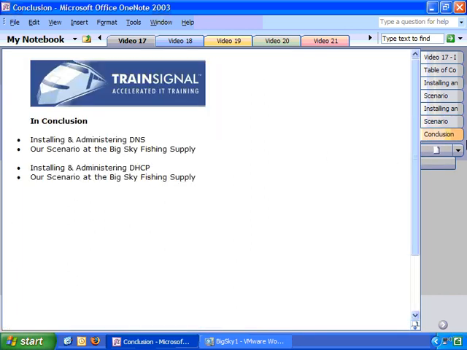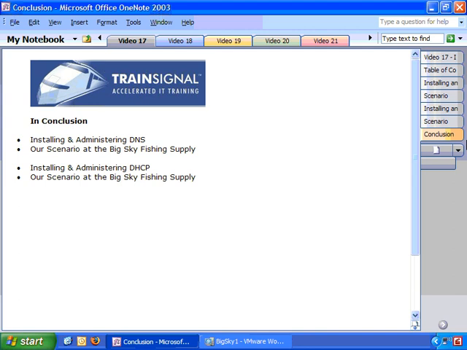So in conclusion, in this video we successfully installed the DNS graphical configuration tool for Fedora Linux, and you saw how to use that to create a new zone, to configure our DNS server as a forwarder, and to create new IP address to host name address aliases. Then we went over to our Windows client and we manually configured the Windows client to use the new DNS server,